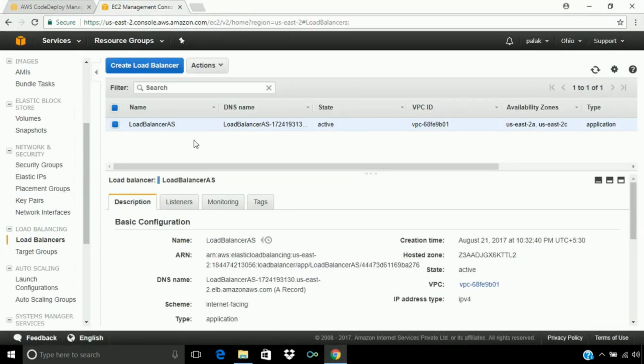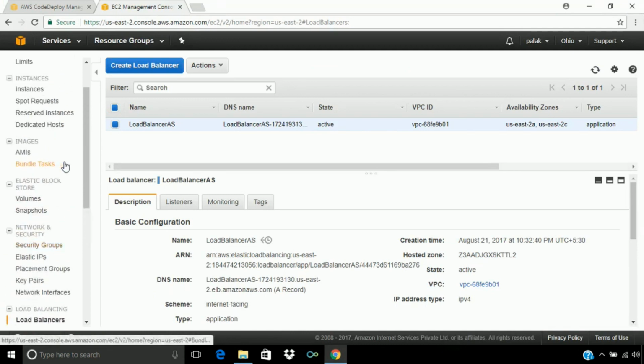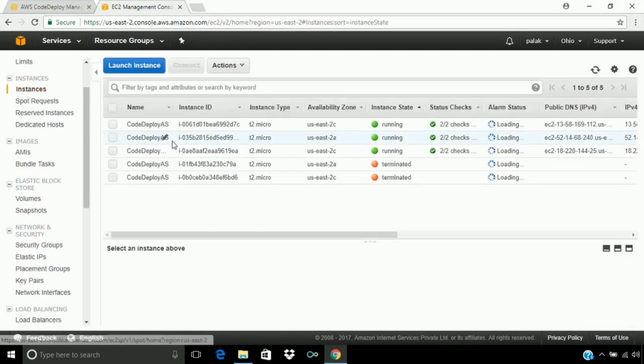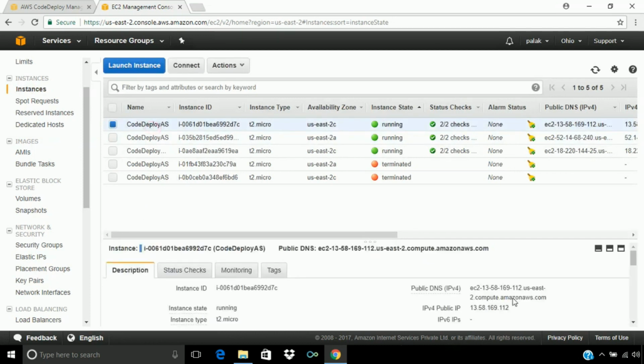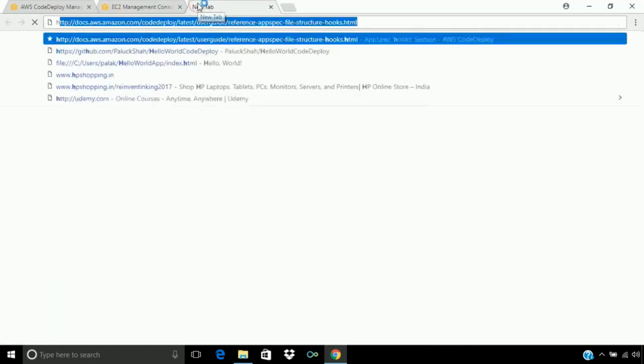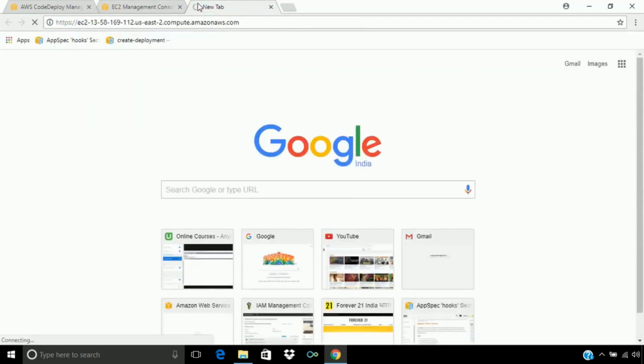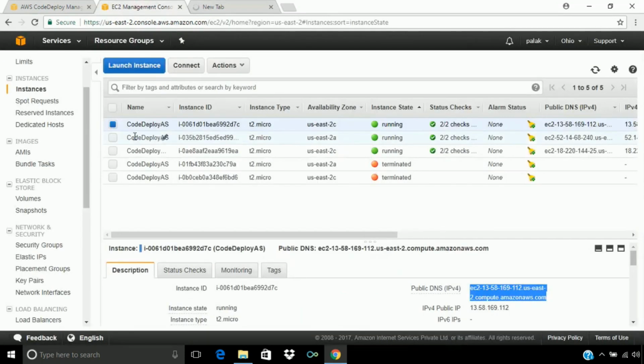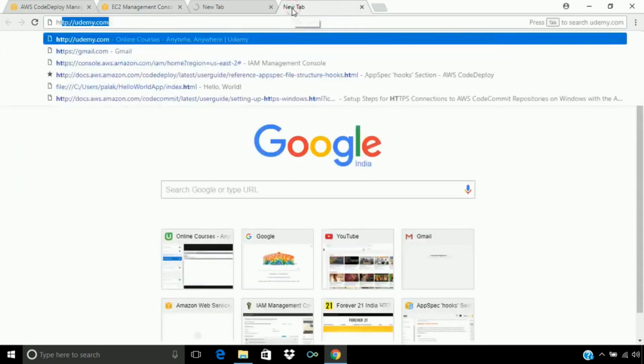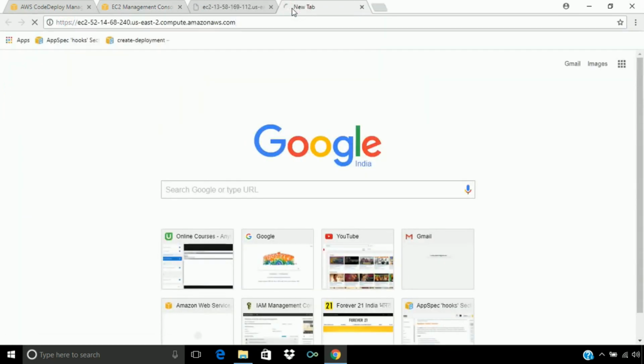Before that, let's see what application I have already deployed on the instances. So here in this instance, we can see by using this public DNS, also let's navigate to the second instance, so we can see what application is deployed on both instances.